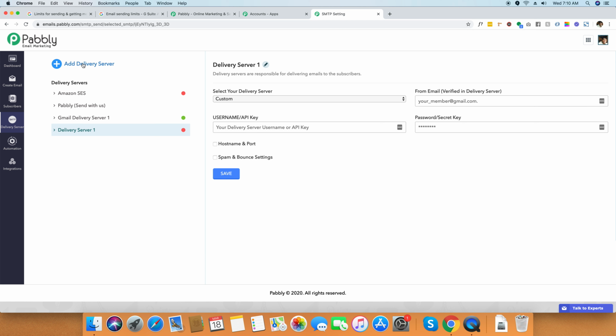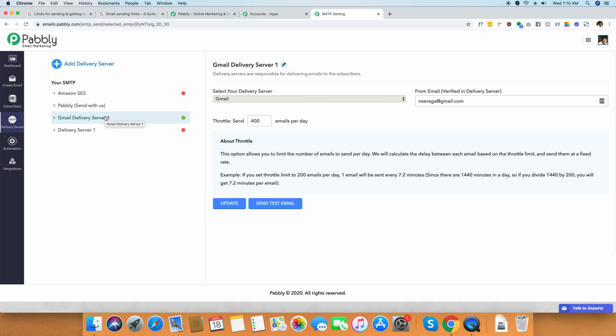So this is really amazing. You can basically send as many emails as you want through your account, and you can connect as many Gmail or G Suite accounts as you want. One more amazing feature about Pabbly Email Marketing is that it allows you to route your emails, because if you're